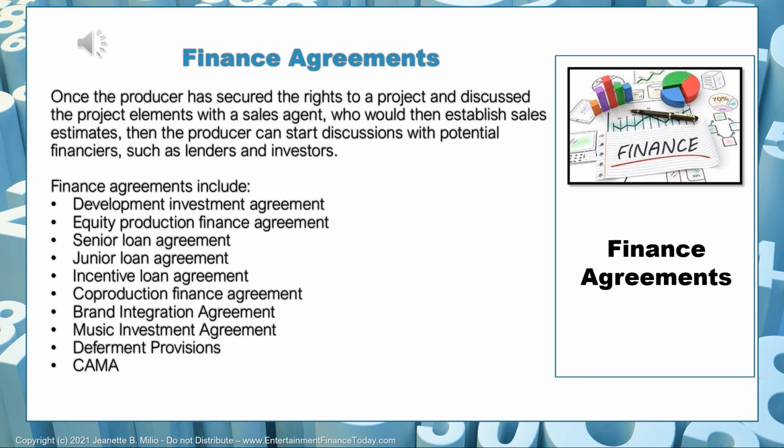Both entities, meaning the senior lender and the junior lender, normally issue term sheets. The senior lender usually always does. The junior lender, it really depends on who the junior lender is, but those term sheets can tell us early on what the terms are, and then we can still decide whether or not they work for us as producers.